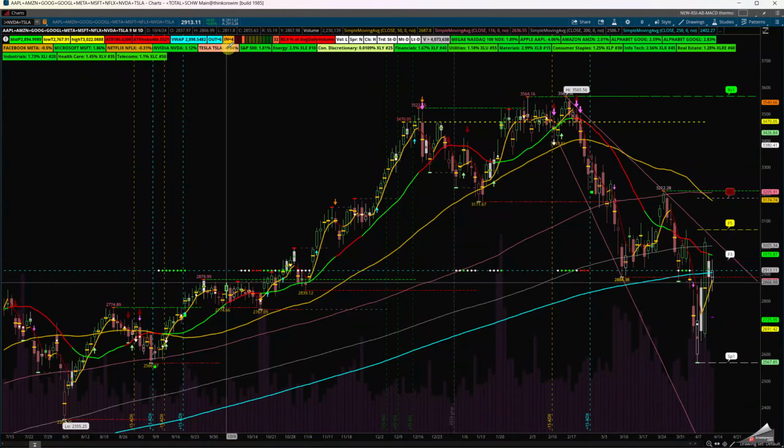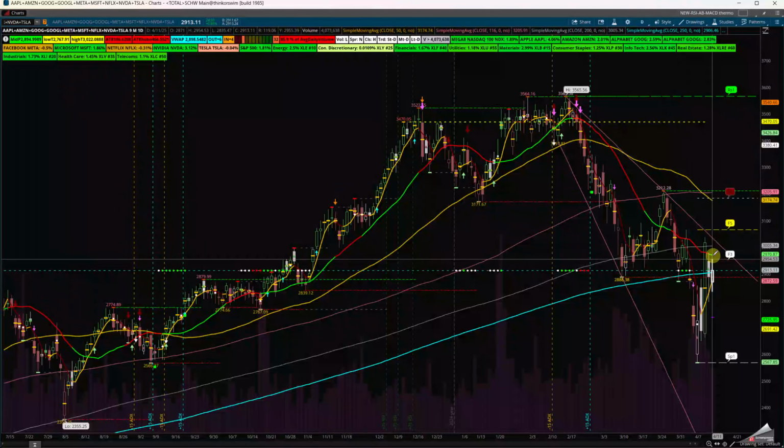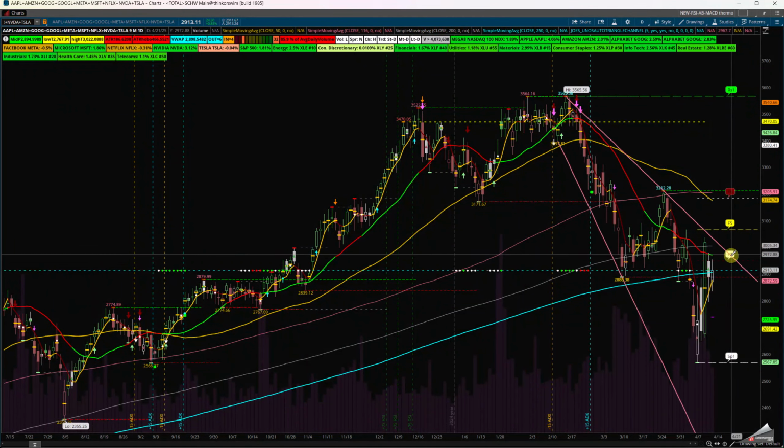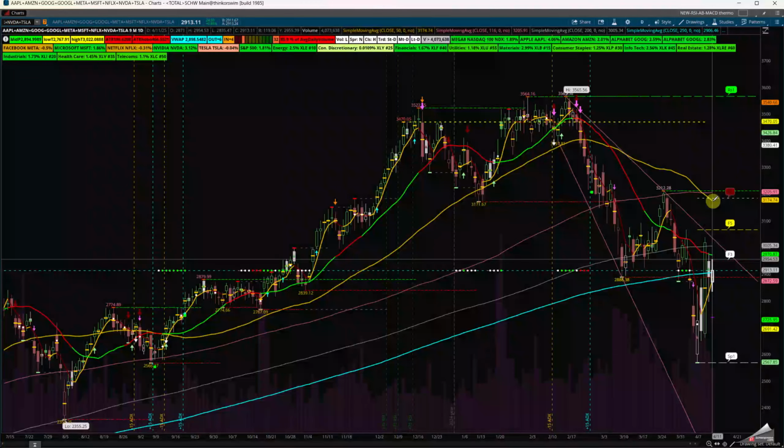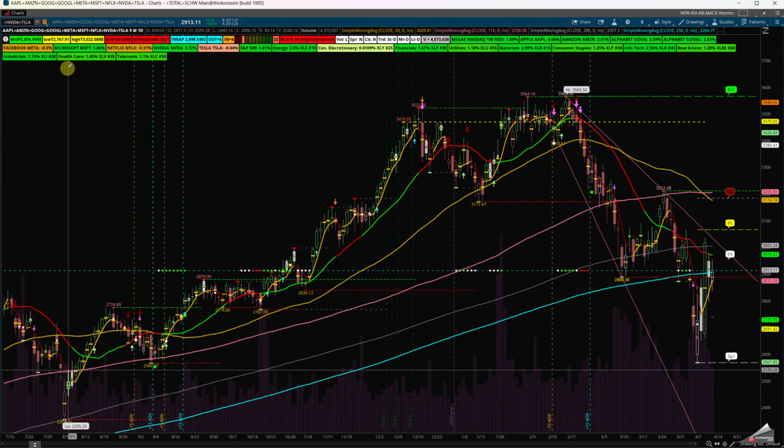The reason I wanted to bring this up is that I wanted to show you guys Google by itself. You can see that we have cleared that bottom, and I'm looking for the backside of that 18 SMA to get above F3. F5 is 50%, F6 is 61, to get back to the 61.8 and the 50 SMA, if things are going to work out in the market, and clear the 200 SMA.